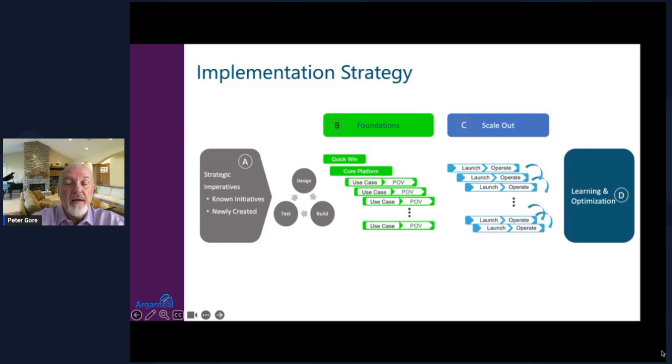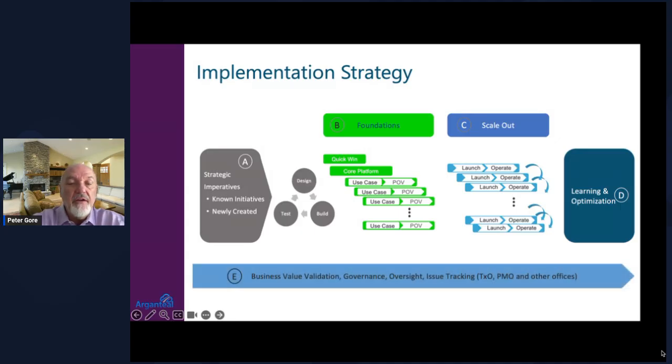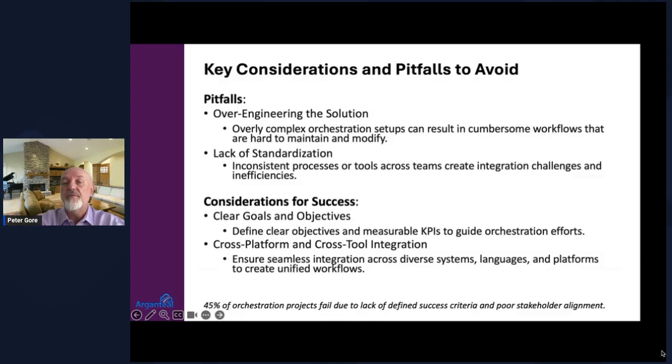Something for senior leaders to be able to report up to senior executives, where they can say, we did XYZ, it resulted in this, and this is the scale that we're now able to achieve. These are the cost savings that we were able to achieve, and this is the standardization that we were able to achieve. Here's the positive impact for the business overall. Once that's been done, now you're able to scale that solution out. As part of your scaling, you're going to learn, you're going to optimize that environment, right? So there's always lessons learned as you move forwards. And from there, you're going to do your business validation, provide governance and oversight, track the issues, and then you're going to start again and proceed with the next one.